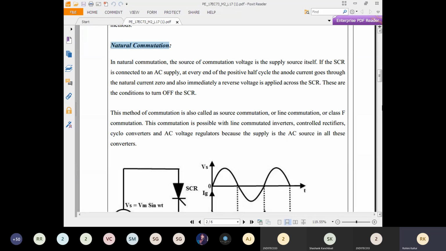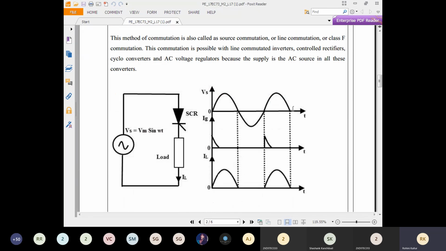Just imagine that you are applying this positive half cycle, where the transformer end will have this as positive, this as negative. Correct? So at this zero crossing, it is becoming the negative half cycle from the positive half cycle. So what will be the polarity across the transformer here? It will be minus here, and this is plus. That means initially it was plus and minus, now it is becoming minus and plus, because of which the diode gets a reverse voltage applied across it.